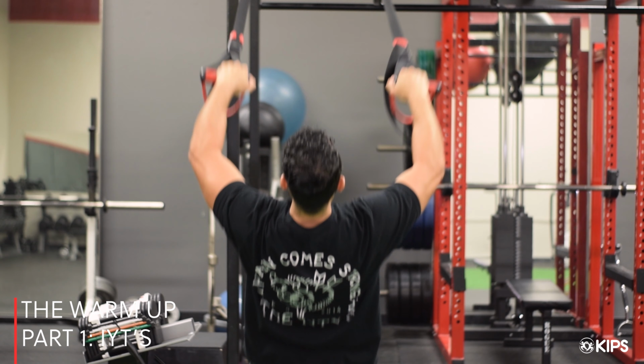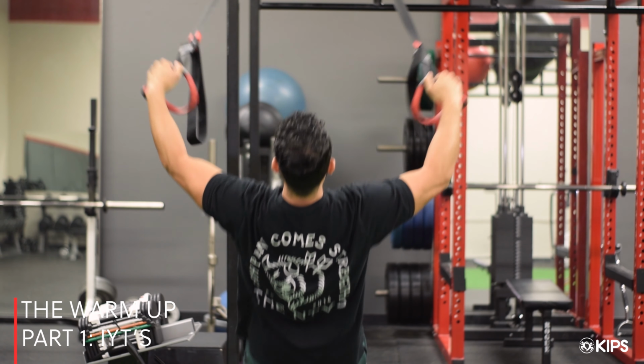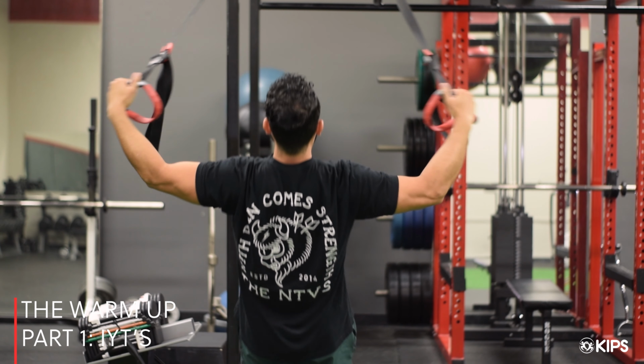Now, on the suspension trainer, the way I'm going to program this is I will do an I, a Y, and a T, trying to maintain straight arms, focus on keeping my scapula neutral and snug to my rib cage as I extend through the arms, squeezing that rear deltoid, opening up that anterior pec, anterior shoulder, and really warming up our posterior shoulder. In this IYT sequence, I'm going to do anywhere from 1 to 3 sets of 3